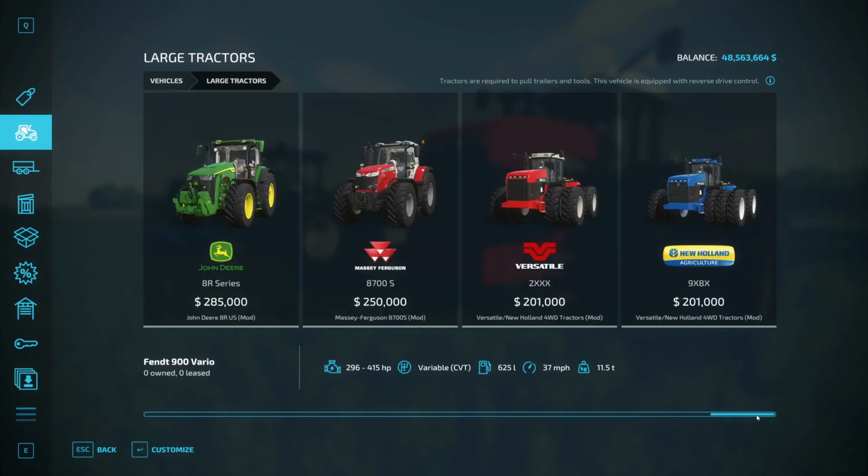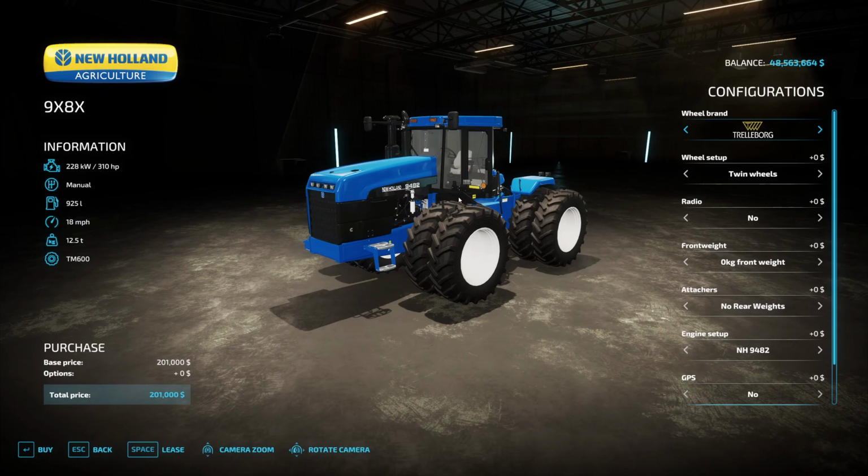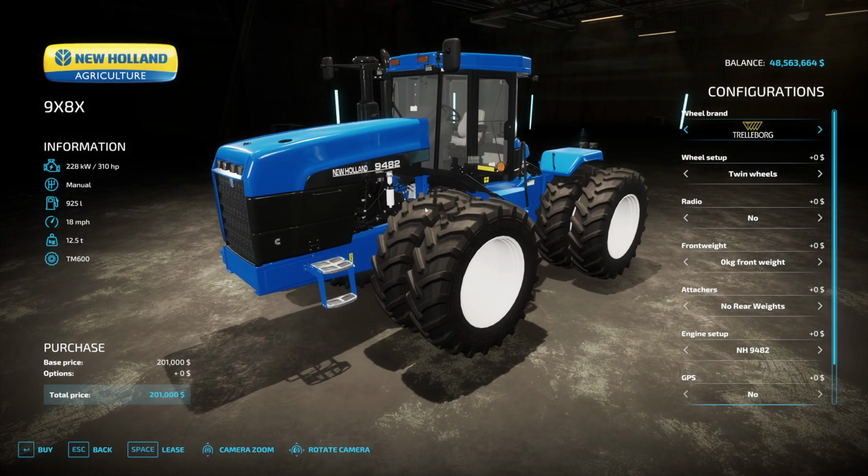If we go over here to the shop, we're going to take a look. It'll show up here as the Versatile and New Holland. Affordably priced, you get a pretty decent horsepower starting at 310 all the way up to 425. Both tractors, for the most part, are the same. Very minimal cosmetic changes between the two. So I'm just going to actually focus on the New Holland here, and we'll run through some of the menu